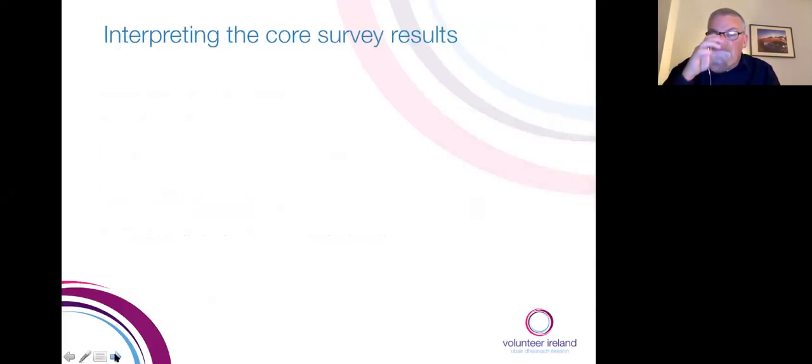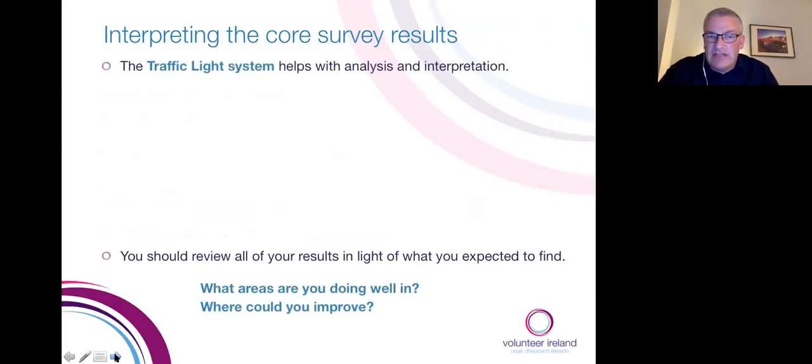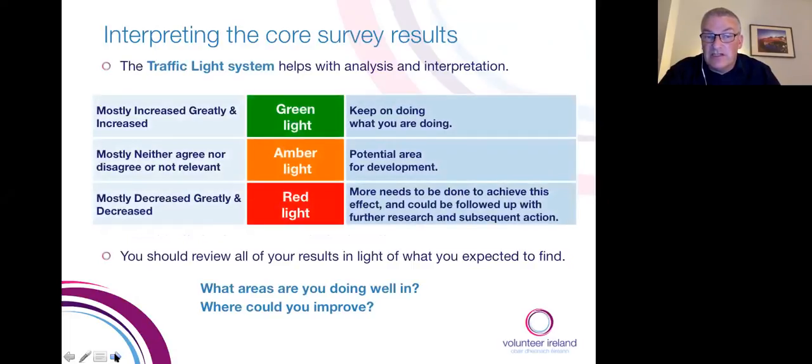So when we interpret the core results, the questionnaire asks a series of questions, and we apply what's called the traffic light system. So there's a Likert scale in it. And again, this is from a series of comments that are made where you strongly agree with something, or you strongly disagree with something. And within this, you can then award yourself based on how you're either mostly increased,